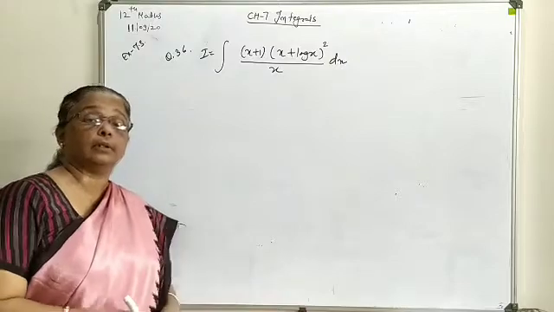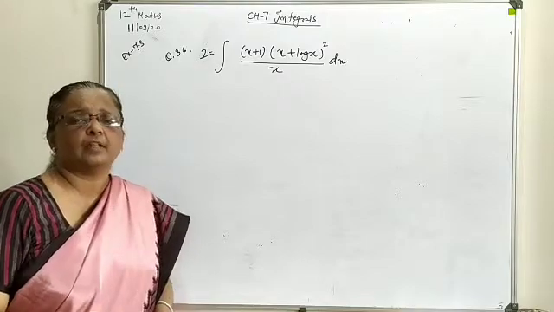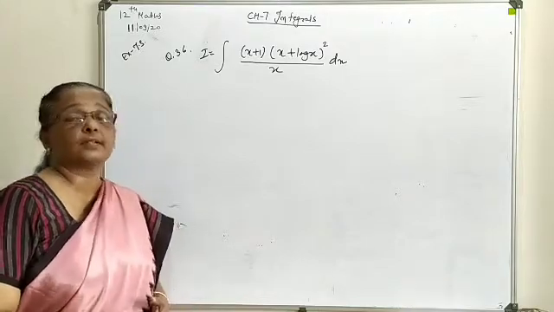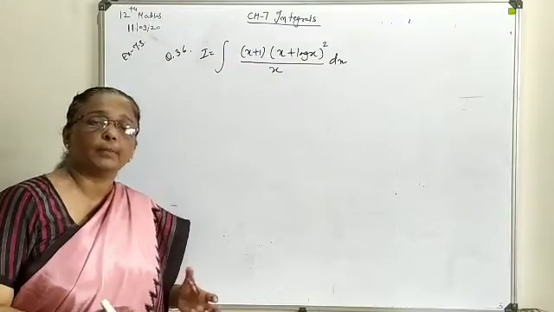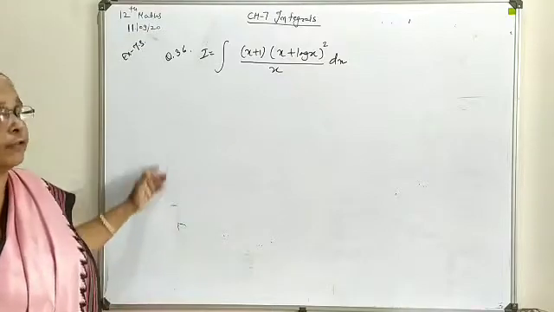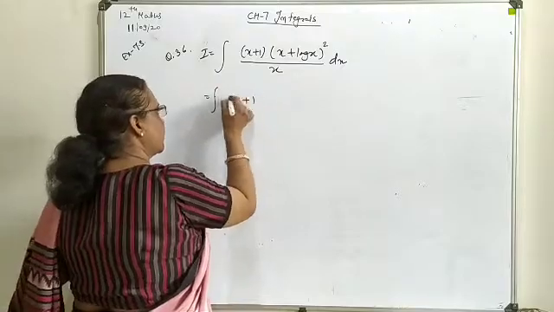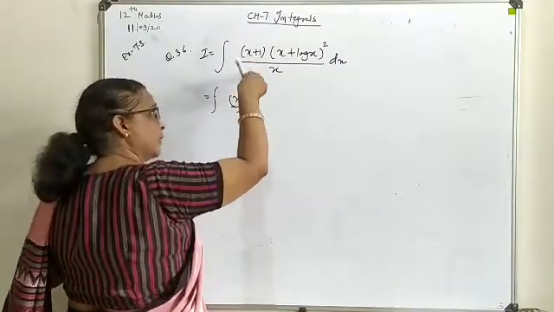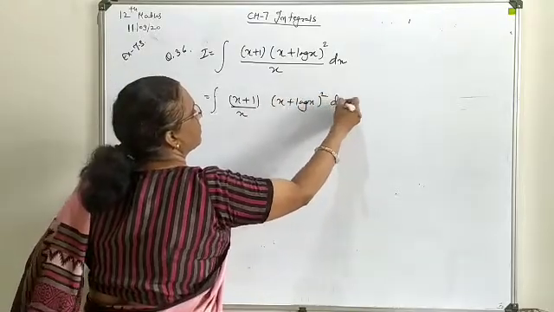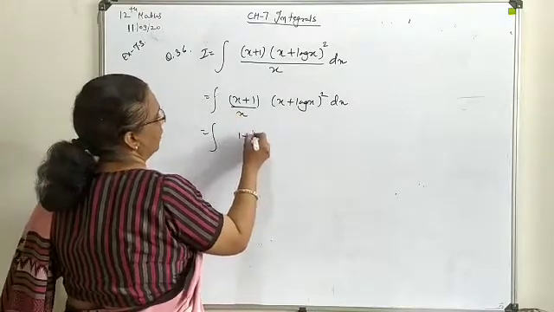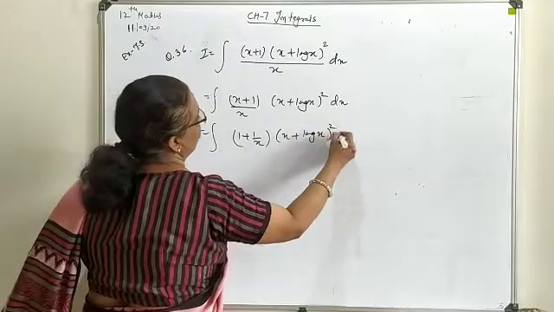And as I told you in the last question also, when you are talking about a log term or an inverse term, that can't be considered as a derived form. So obviously it will go for substitution as a derivation of a particular form. But before that, the question frame is going to be changed. Keep the x available in the denominator under this bracketed term, and make the other term entirely separate. Make it divide, so it is 1 plus x upon x, times x plus log of x whole square, and dx.